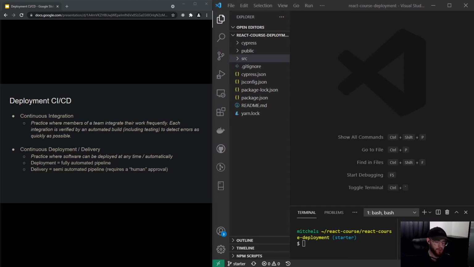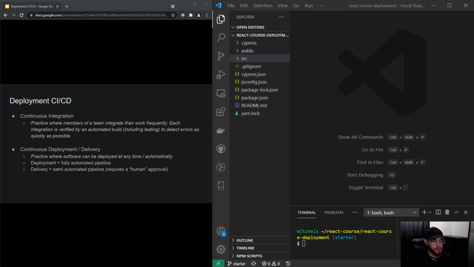So the build, the testing, and the actual deployment to a website is done completely automatically. As soon as you commit your code and push it to GitHub, that pipeline starts to run. And then if the build process and tests succeed, your app will automatically be published online,